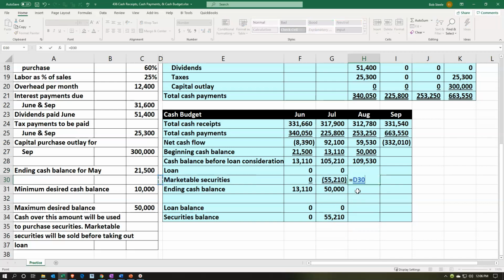I'm going to make this a negative number by taking the 50,000 minus the 109,530, and that's what we need to bring us down to 50,000. So this is going to be equal to the sum of the 109,530 and that, which is going to be back to the 50,000. So once again, no loan was taken out, but we now have increased our securities investment,